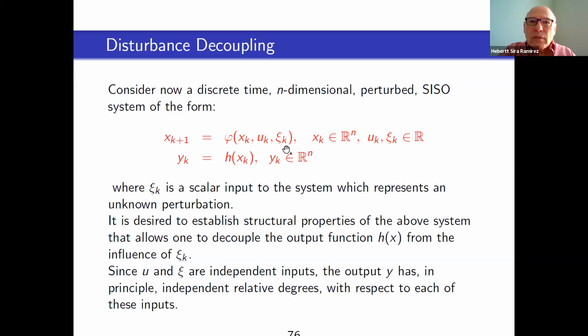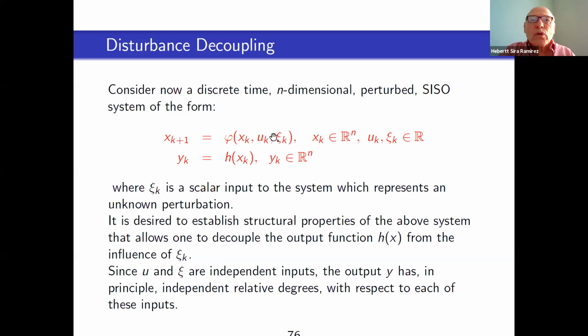Therefore, the disturbances in this instance are considered to be inputs, but they are inputs which are being applied in a foreign manner to the system by an intelligence that has different objectives than yours. And therefore, the presence of this disturbance is not always beneficial to your objectives. They might be in contradiction with your objectives. Sometimes those disturbances help you a little bit out, but that's a very strange case.